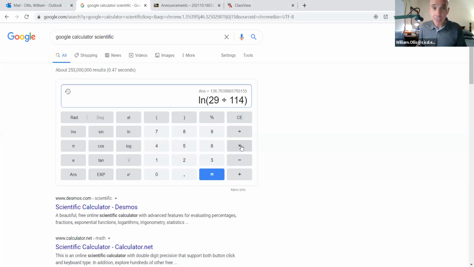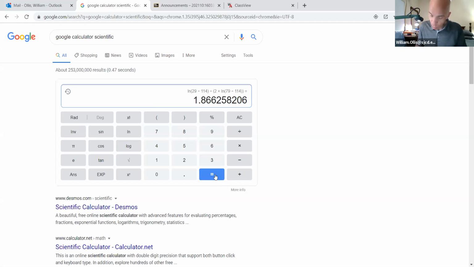Now we need parentheses: divide by parenthesis 2 times natural log 79 divided by 114, close. And this will give us